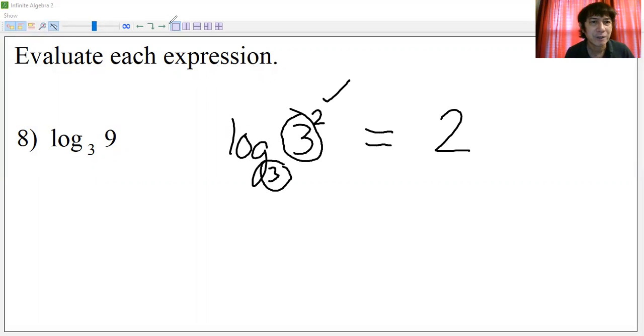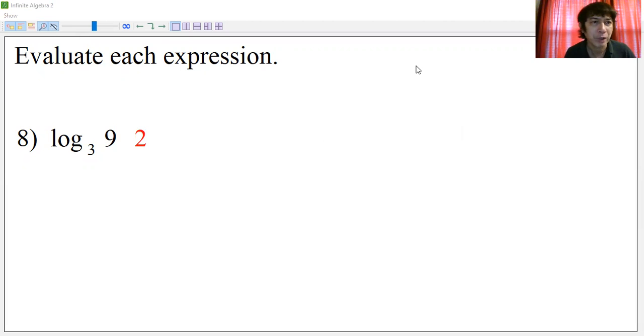All right, so that should be our answer, and we can ask the computer. All right, is it 2? Yes, it is. All right, so that should be it. We can continue with the next number. That was simple and quick. Let's go to number 9.